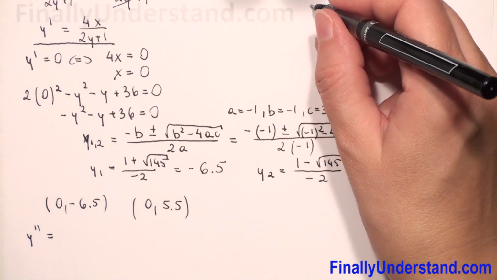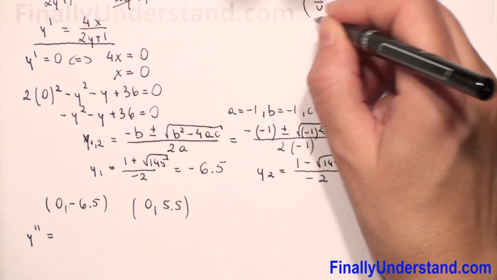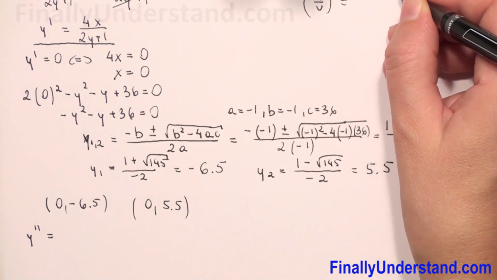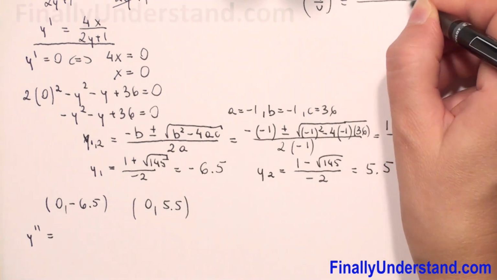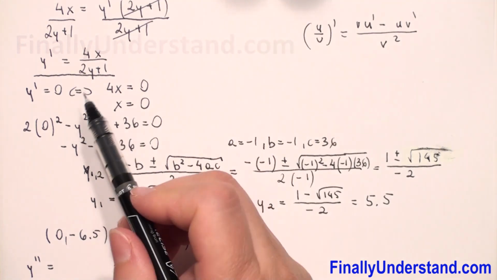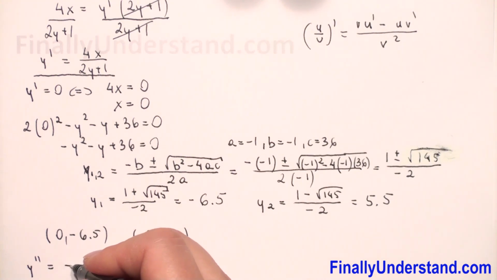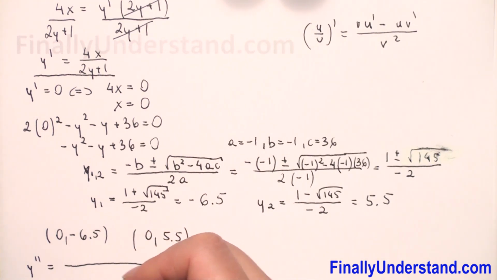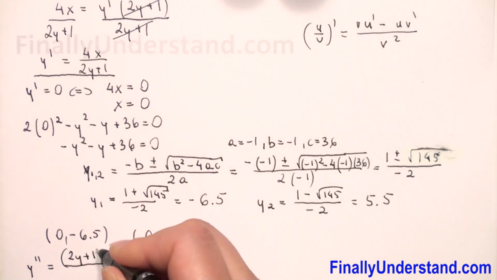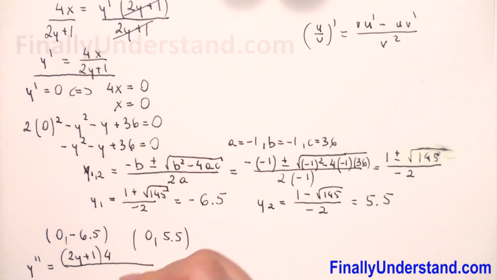So let me remind you, the derivative of u over v is equal to v times u prime minus u times v prime, over v squared. That's our formula. In our case, u is equal to 4x, v is equal to 2y plus 1. So in the numerator, we will have 2y plus 1 times the derivative of 4x, which is 4, minus